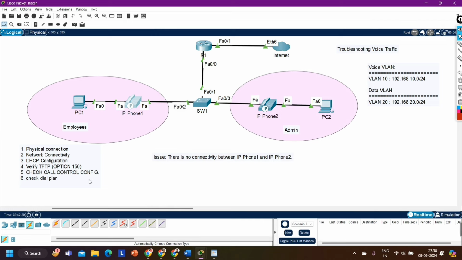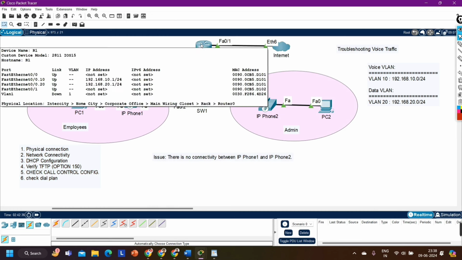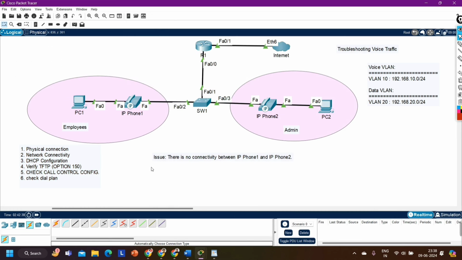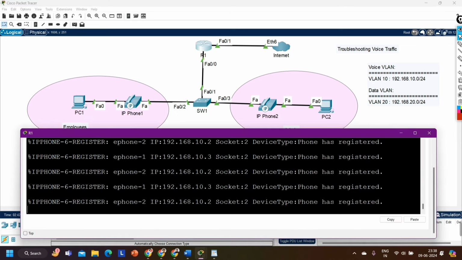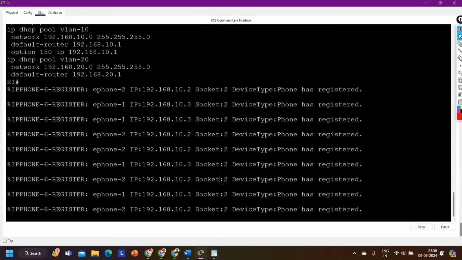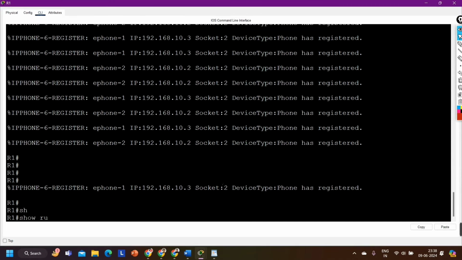So what is the next step of troubleshooting, guys? Check call manager control configuration. Check telephony services configuration on the router, or you can say on the TFTP server. So in my scenario, my router is my TFTP server. So let me do one thing. I'm getting this log message again and again that the phone has registered. Okay, so run